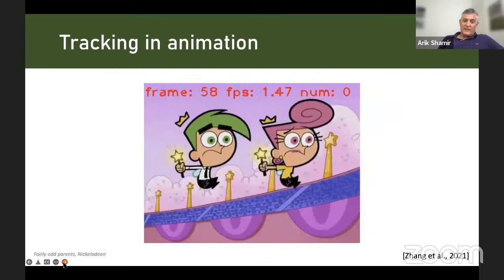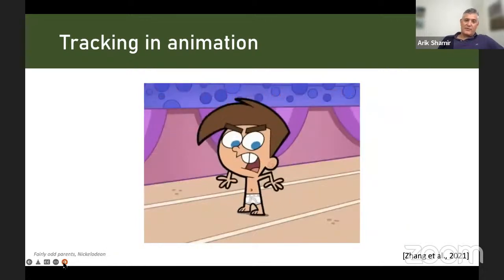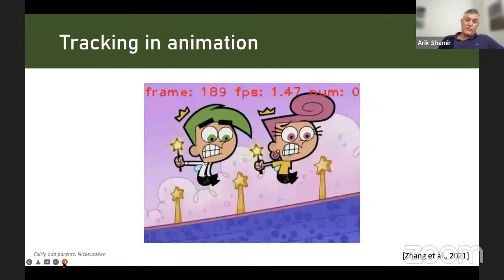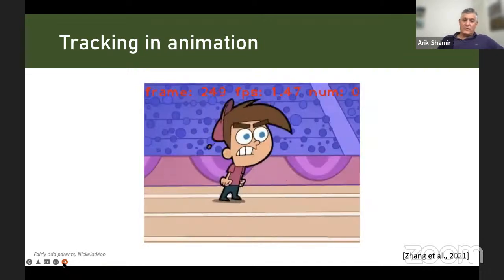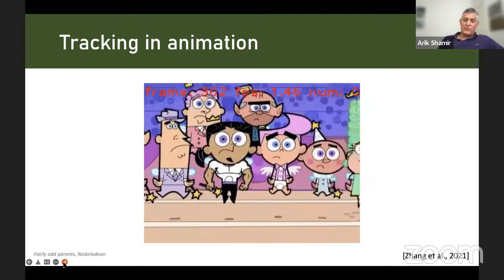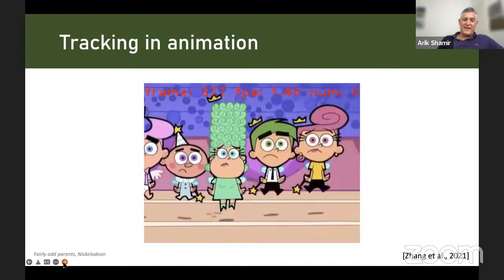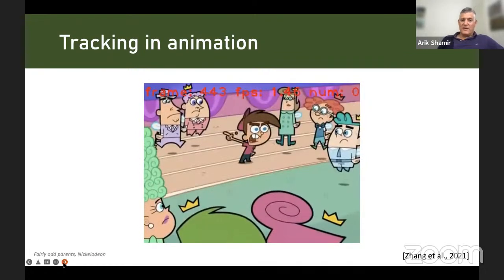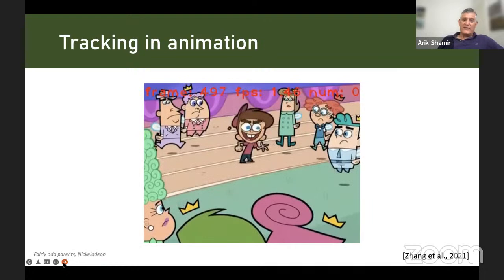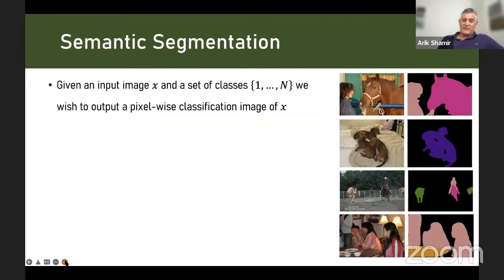But also in other types of animations, in this example, you can see human or humanoid characters. And we're trying to run the same algorithms that I've shown you before. Unfortunately, as you can see, none of the characters were captured. They were not even detected using these algorithms. And the key question is what really makes the difference?